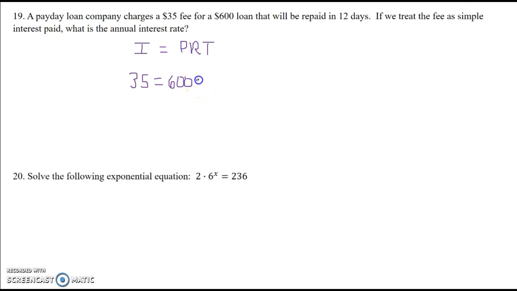I don't know the rate, but that's what I'm looking for, so that's going to be R. And I know the time is 12 days. So 12 days, what fraction of a year is that? Well, it's 12 over 365. So I'm going to do 12 divided by 365 on the calculator. Then I'm going to multiply that by 600. And that's going to give me 35 is equal to 19.726